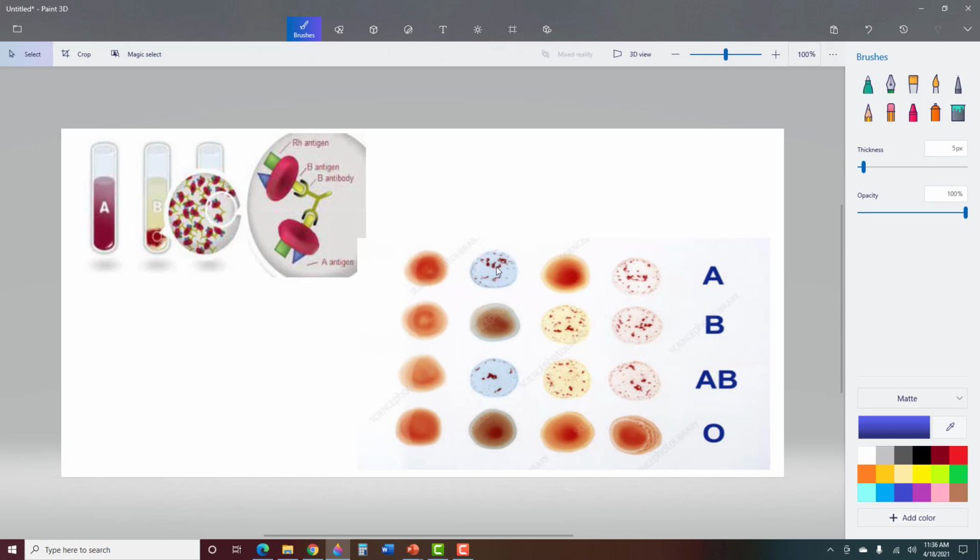The reason that it gets all clumpy like this is, if you look here in this one over here, the antibodies, that's this kind of Y-shaped stick, have grabbed onto two red blood cells, and they're like holding them hostage, and then they all clump together into a ball. They stick to each other, and they take this blood and try to clump it into a ball. The reason they try to wad it into a ball is to keep them all together, so then when the immune system finally comes in and the white blood cells come in to save the day,